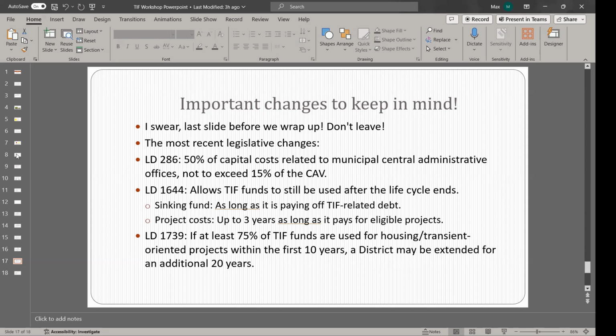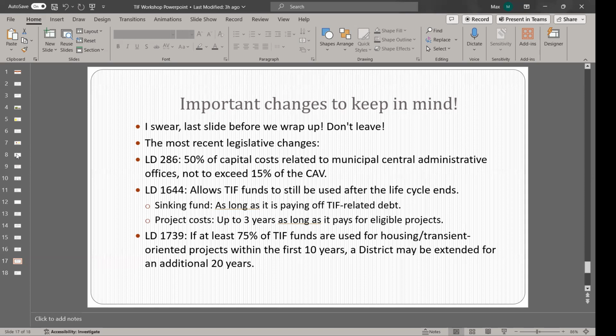So pass a TIF today, well, next year, 2024. Dedicate 2024 to 2034 to housing or transit projects, or just 75% of that TIF funding to those projects. The other 25%, whatever else you want. And then from 2034 to 2074, yeah, I got that number right. All right, I got the thumbs up from the math man back there, so I'm good. 2074, you can have a TIF in place.